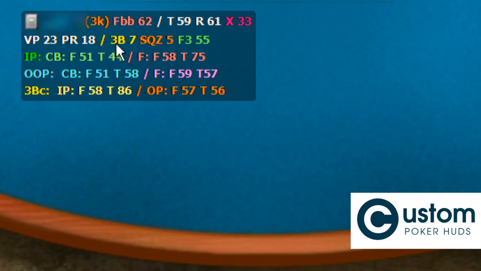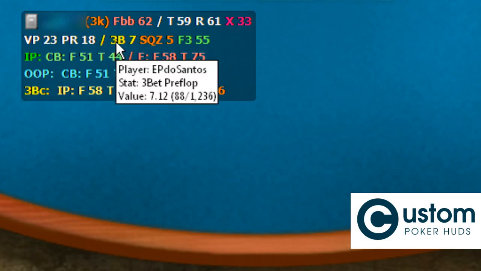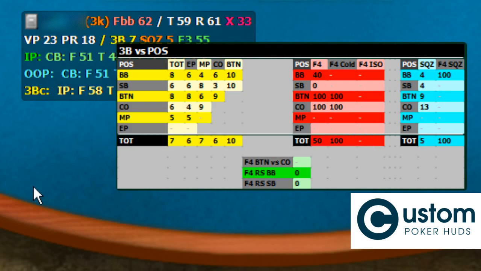When clicking on the 3-bet stat, the 3-bet pop-up appears. In this pop-up you can find the info you need when facing preflop 3-bet. Here you can find in yellow the 3-bet numbers for each position versus each position. In red the 4-bet numbers with total 4-bet, fold to cold 4-bet and fold to 4-bet after 3-betting a player